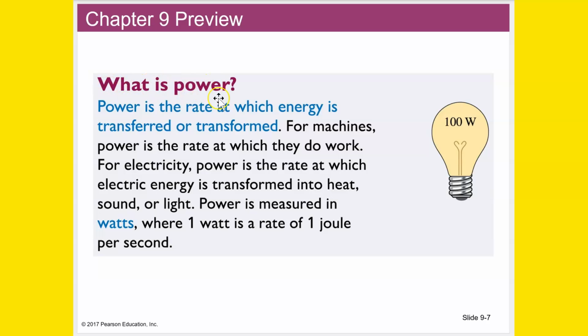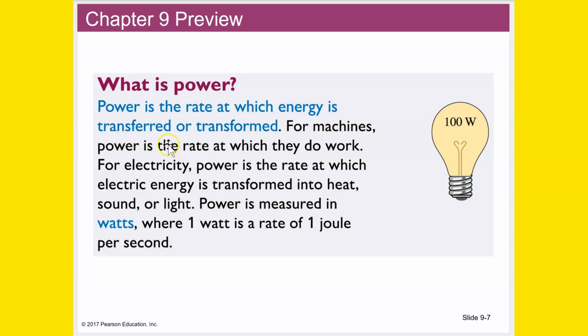All right, next, what is power? Power is the rate of doing work, or the rate of transforming or transferring energy. So it's not work and energy and power. Work and energy are synonymous, kinda. But power is not exactly synonymous. Power is a rate of change for energy, or a rate of change for work. Kind of like position and velocity.